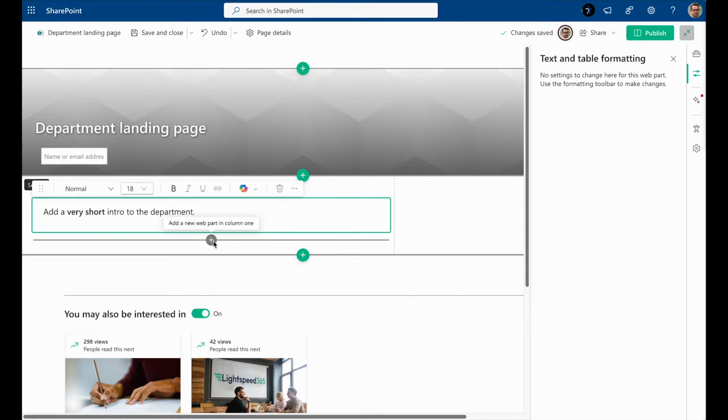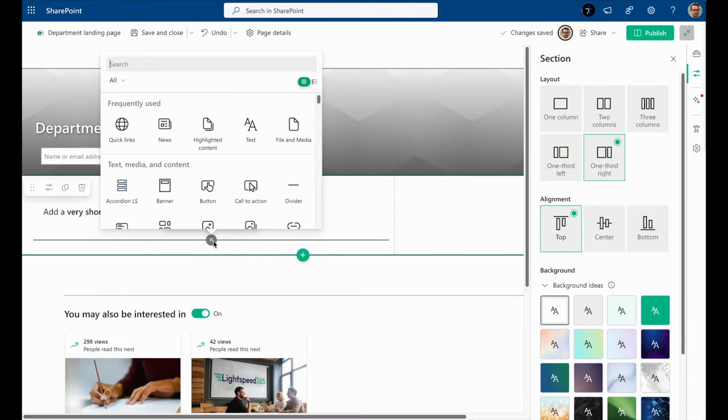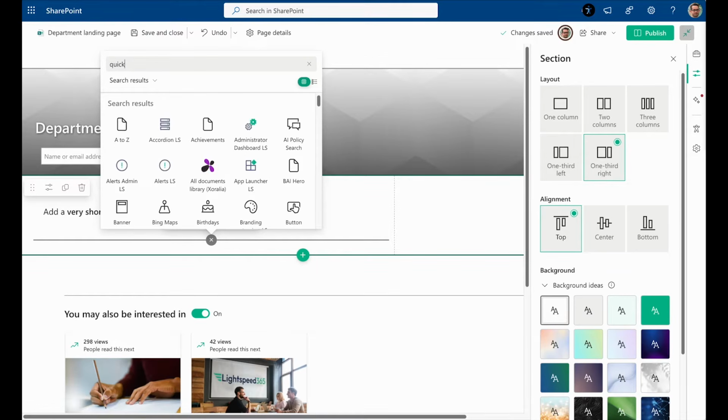And then I'm going to add in another web part, and something that's very conventional for departmental landing pages is to have some key areas in some sort of tiles or blocks or links that you can basically triage people through to, like sub-teams or particular areas that the department deals with, and you want people to self-serve from. So I'm going to put in here a quick links web part,